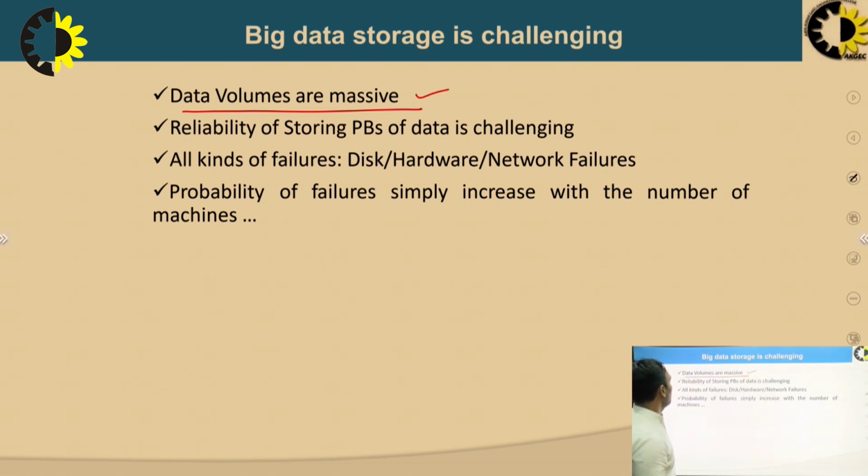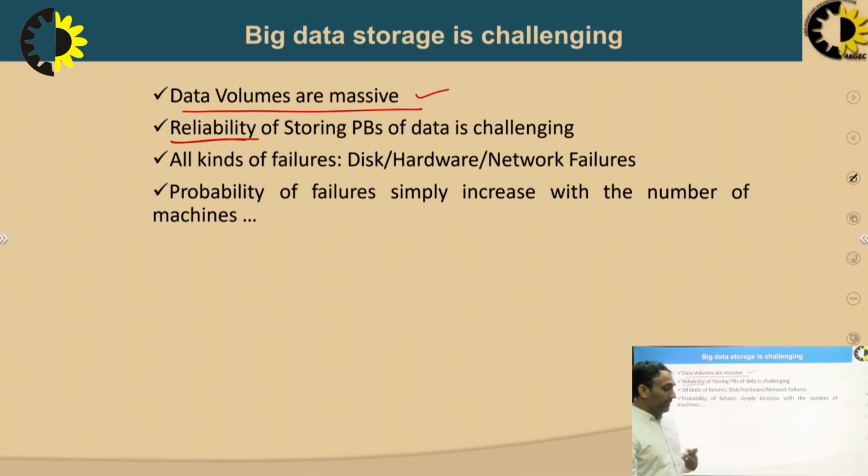And the second concern is reliability. How can a person rely on the cloud source at which data is stored, or on the source from which they fetch the data for their specific purpose? So that is also a concern, or we can say a challenge, for big data.